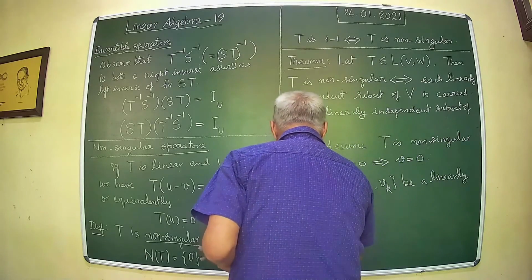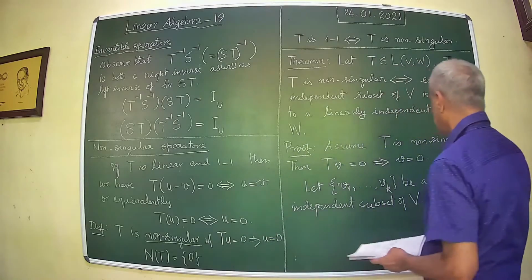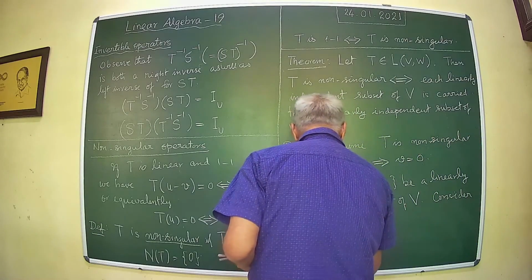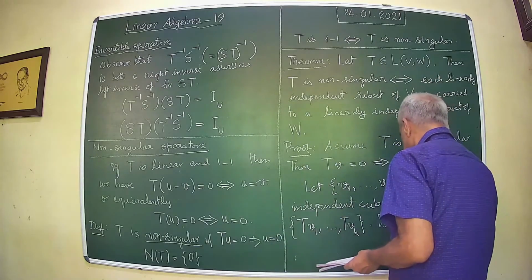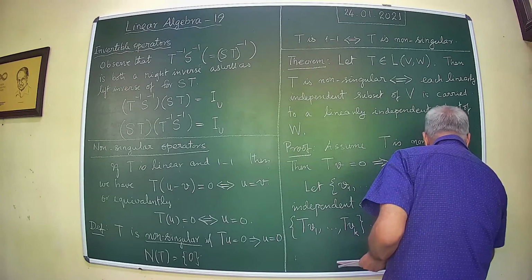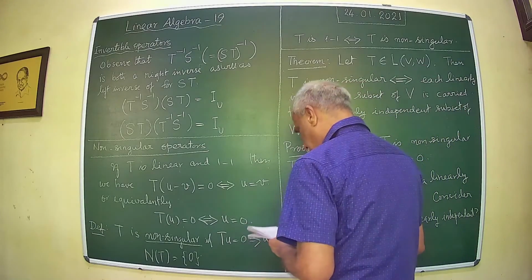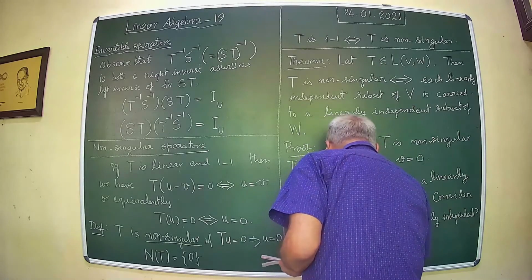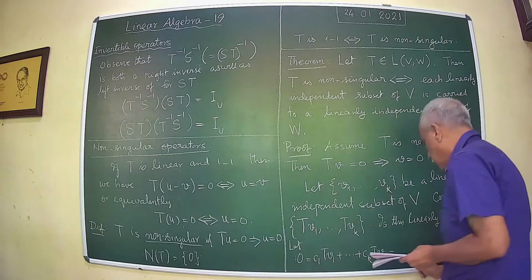independent. Now consider T V1. So the question is, is this linearly independent? So let us compute this. So let. Now you know T is linear, therefore this is equal to T of